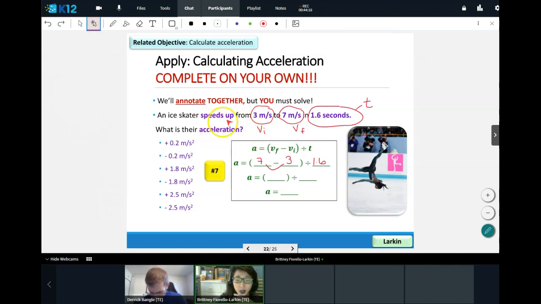Here's a note here. We are speeding up, so if our speed is increasing, our change is increasing, then their acceleration should be what? Positive or negative? We talked about this earlier. Even without doing the math, our answer should be positive or negative because they're speeding up. Tell me in the chat. Should our answer be positive or negative? Thank you, Joseph. Thank you, Erica. Thank you, Kalina. Thank you, Jalen. Thank you, Lexi. Yes, so your answer should be positive. Okay, so keep that in mind. That eliminates 3 of those possible answers.